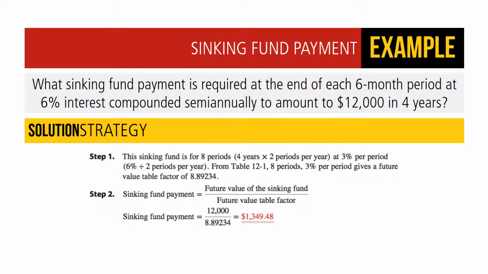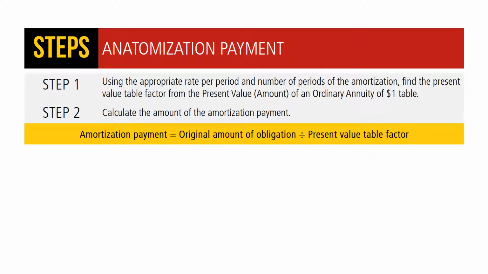From Table 12-1, 8 periods, 3% per period gives a future value table factor of 8.89234. So our sinking fund payment is equal to $12,000 over 8.89234, which equals $1,349.48. Amortization is the process of paying off a financial obligation with a series of equal and regular payments over